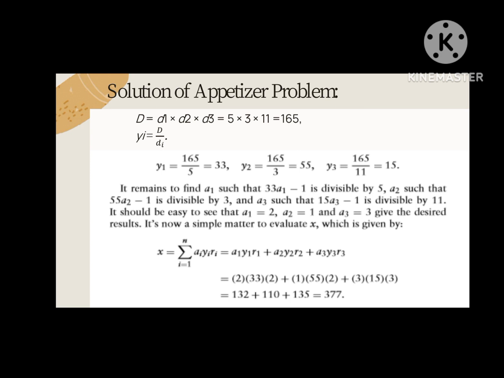X equals the sum of ai, yi, ri with i from 1 until n, which equals a1 times y1 times r1 plus a2 times y2 times r2 plus a3 times y3 times r3, which equals 2 times 33 times 2 plus 1 times 55 times 2 plus 3 times 15 times 3, which equals 132 plus 110 plus 135, which equals